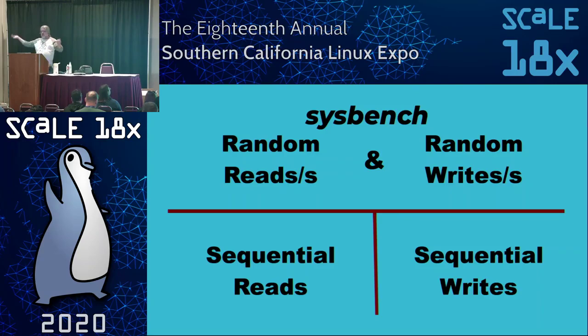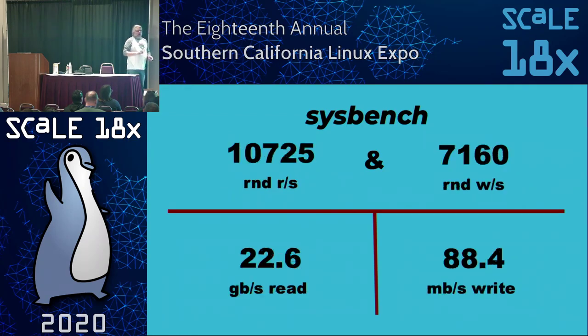So, I'm going to give you the grid layouts. I'm going to show you a set of results for these, and I've put them in a grid to make it easy to visually compare them. This is for sysbench, and I'm just using the sysbench file I/O test in order to do a random read and write combination, sequential read, and sequential writes in this grid. So for the raw system here,